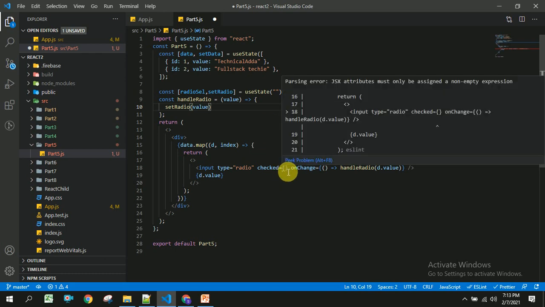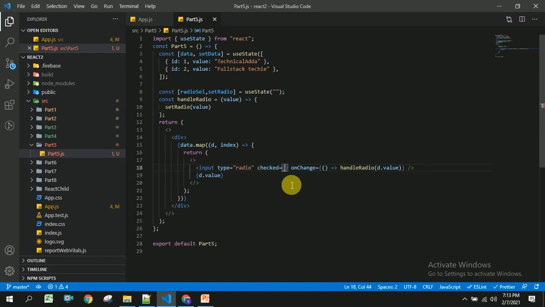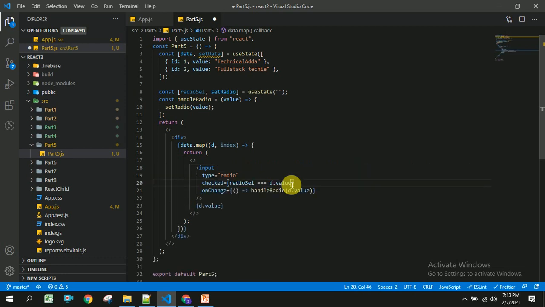So here we have to show the click on the radio. For that we have to use the checked property, and here I am going to check the condition: if the user selected value is equal to the data in the map, we will show that as checked.